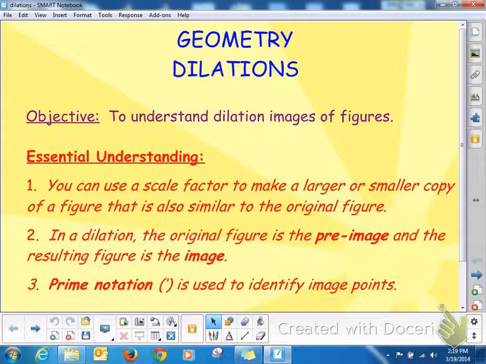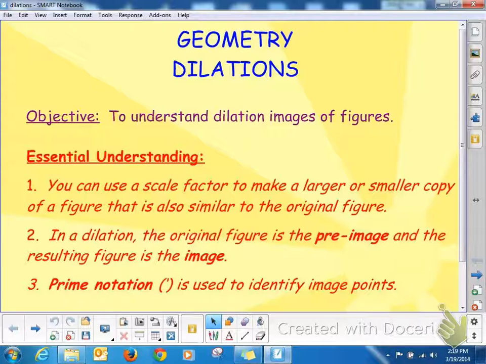We're still working on Chapter 7 and we're going to explore dilations. Our objective in this lesson is to understand dilation images of figures. Dilations are when you have an image and you either enlarge it or reduce it, an enlargement or a reduction. You can use a scale factor, just like we did with similar figures. You can use a scale factor to make a larger or smaller copy of a figure that is also similar